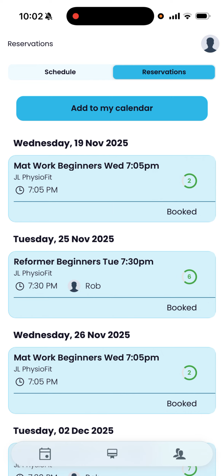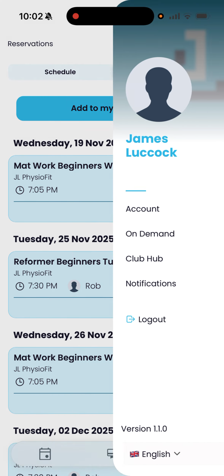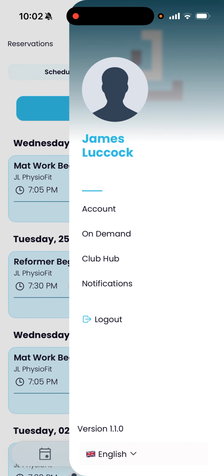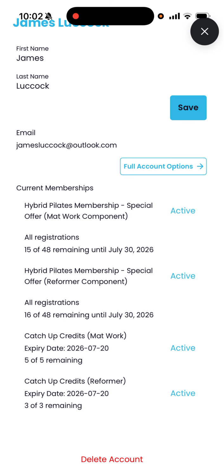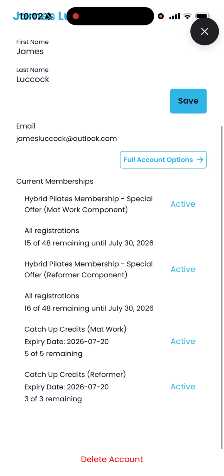And the next one I'm going to show you, so in order to check how many catch-up credits in your membership that you've got, if you click the top right profile icon and then just click account, and then if we scroll down, we can see here, so my current membership is a hybrid Pilates membership. So that means I've got the mat work component, which controls the mat work classes, and the reformer component, which